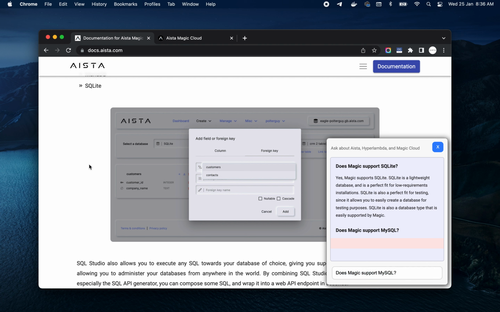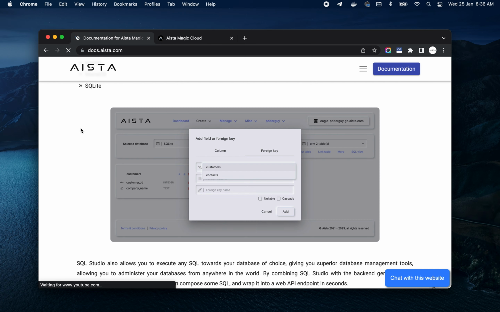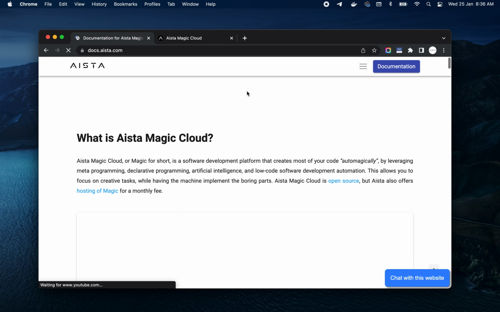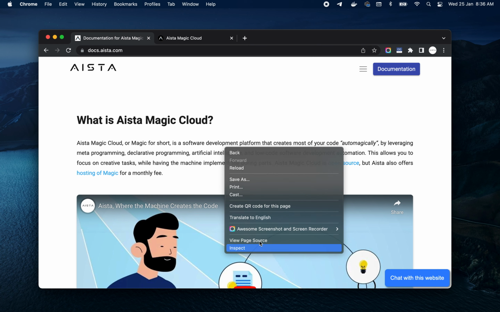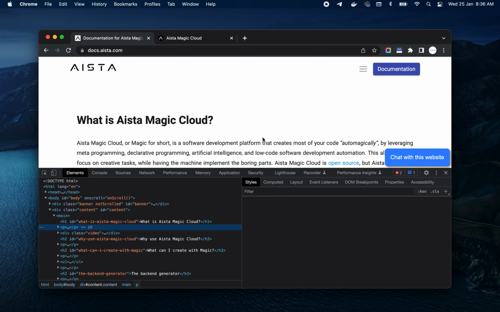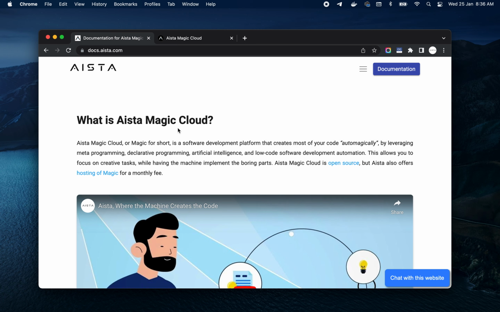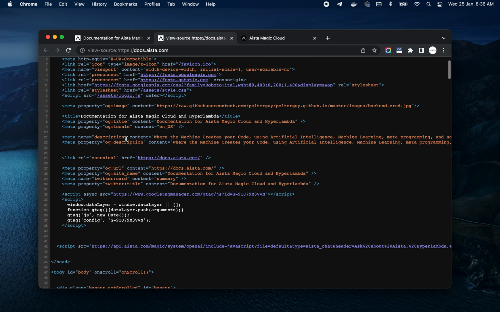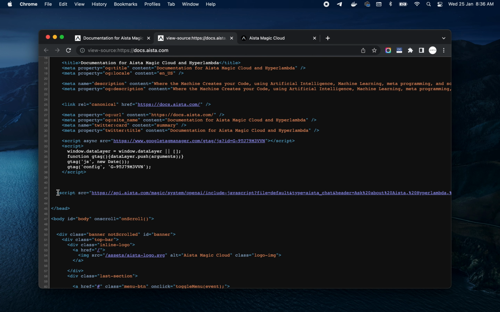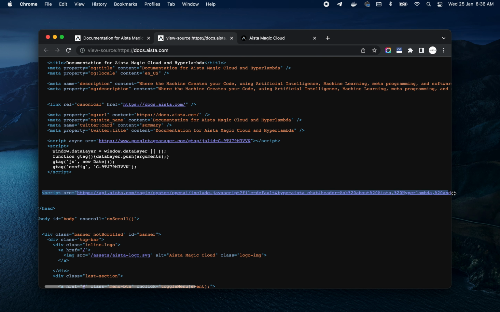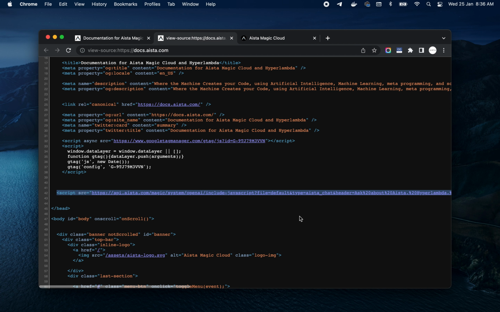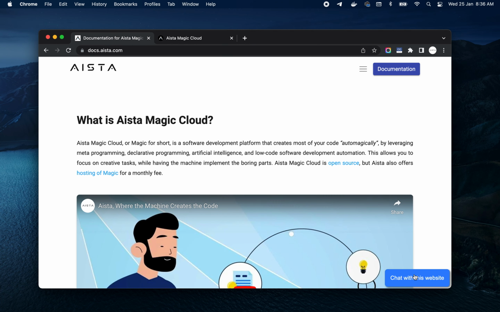And if you look at the way it was implemented, if I now look at my HTML page, I literally simply included a JavaScript file here, which you can see by viewing the page source. So the chatbot can be included on any website you have, WordPress, Wix, Shopify, whatever website you have,